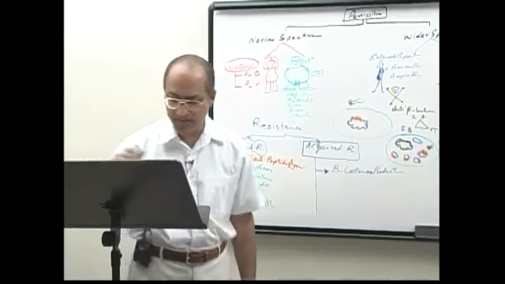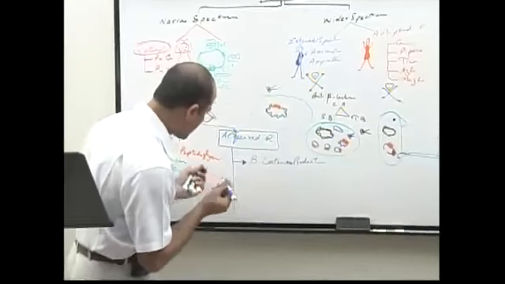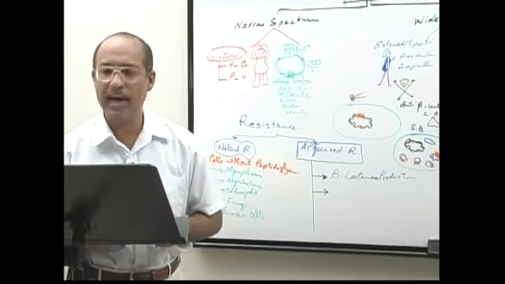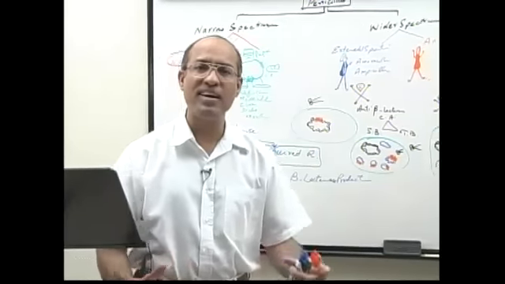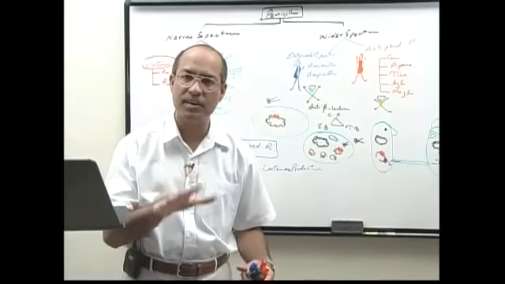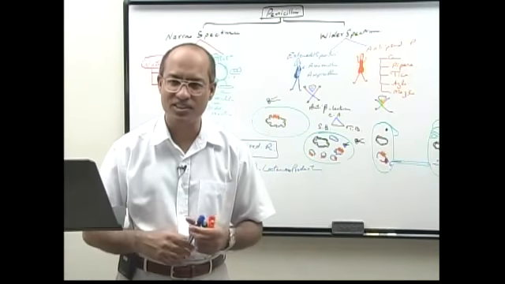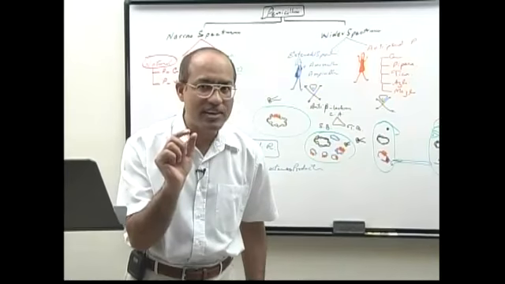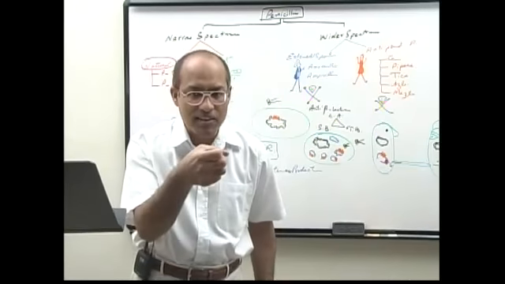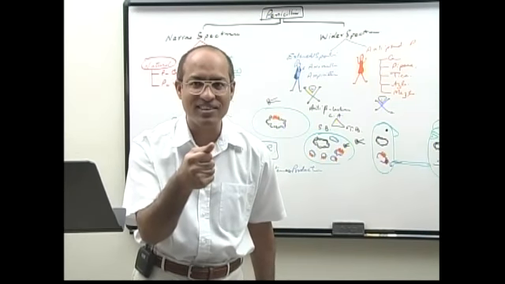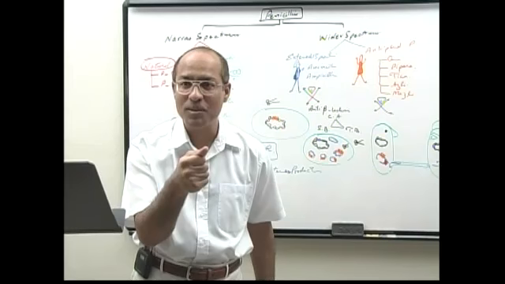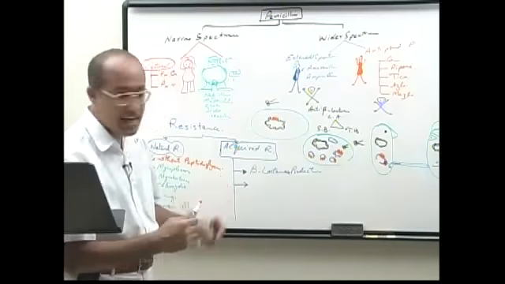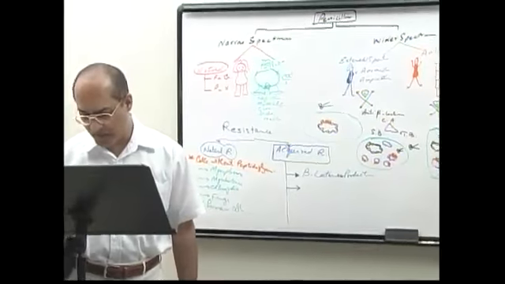And now we come to another type of resistance which may be acquired. And what is that? Less often, what happens is that you have, suppose, 1 million bacteria and you are exposing them to beta-lactam antibiotics. Bacteria undergo spontaneous mutations. So out of those millions of bacteria, 1 or 2 alter the genetic material to produce the porin, and they make the porins tight. If they make their porins tight, they become resistant to penicillins. Are you understanding? So this is another way of acquired resistance, that by altering the porins, some bacteria may